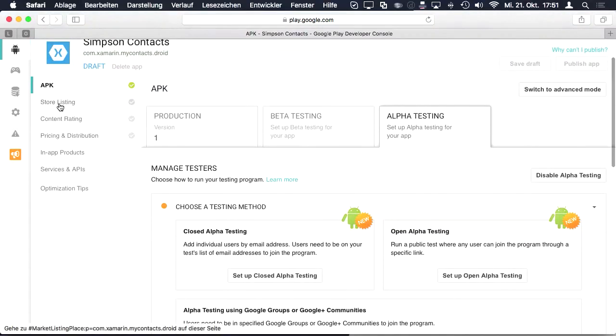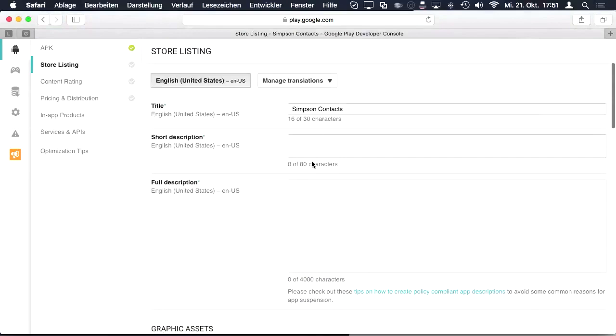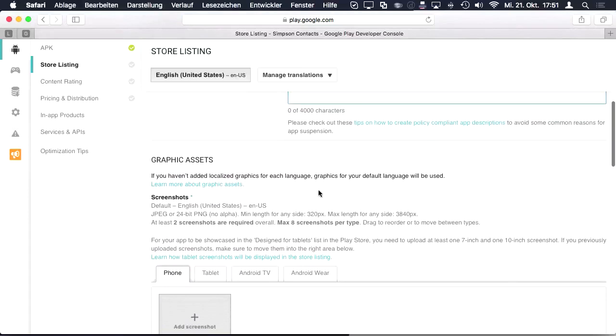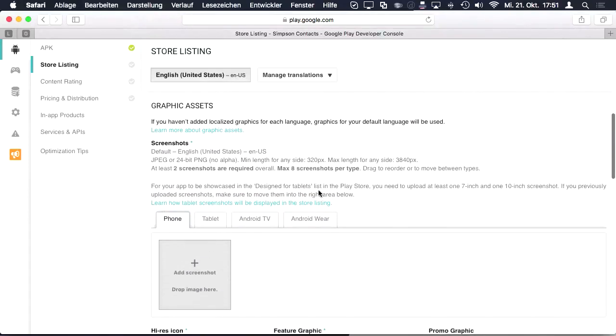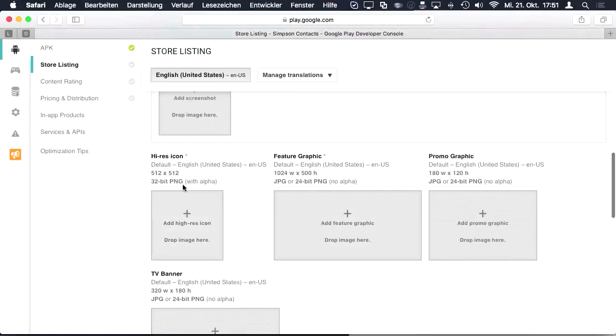Let's move on to our store listing. We have to provide a title, a meaningful description, a full description, and I'm not going to fill all these things in here. And finally, we must provide a lot of graphical assets. One for the phone, one for tablet. If we support Android TV, we got to provide that too. We need a couple of graphics. You see the ones marked with a star, those are mandatory. So I want to go with a high-res icon here, some feature graphic, gives an overview of our app, and